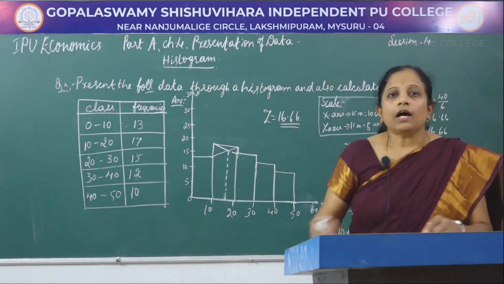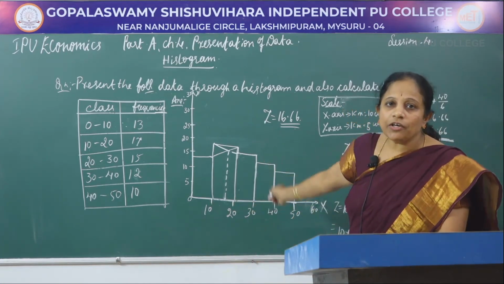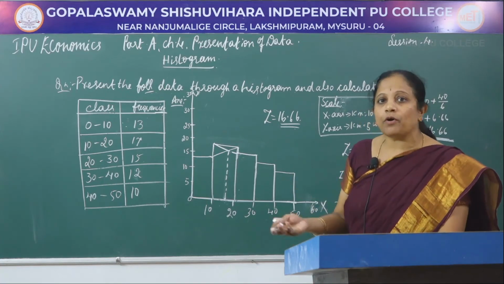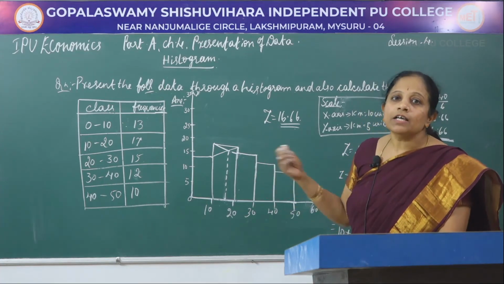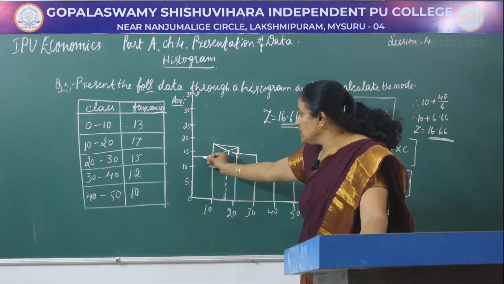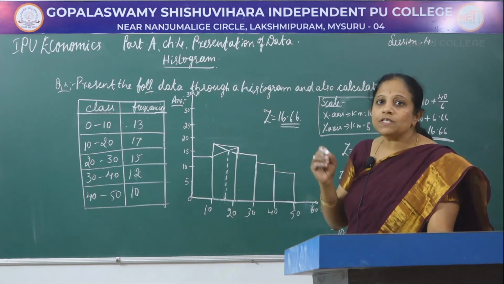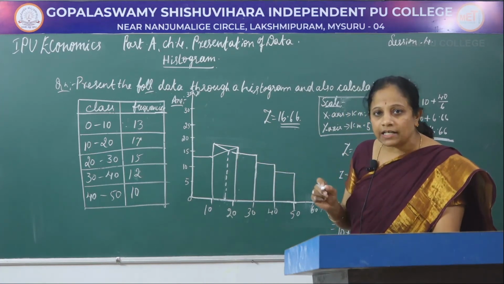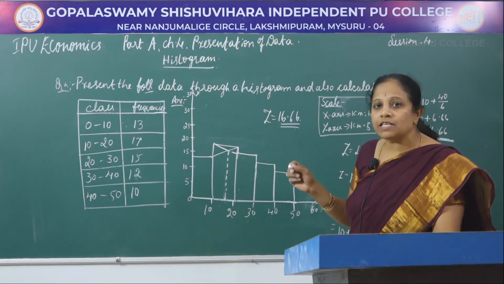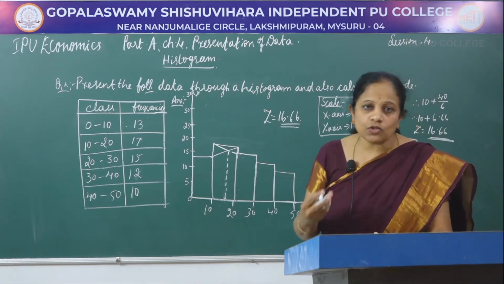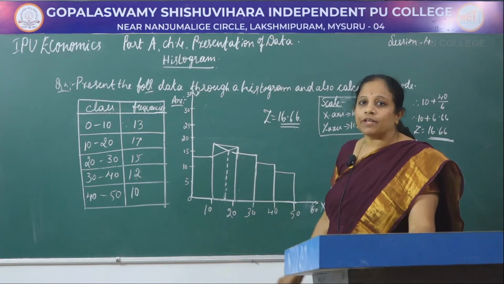So this is the form of a histogram that can be used to present the data in a graphical way. Now let us see about the drawing of a frequency polygon. Frequency polygon can be drawn on the histograms. So with these adjacent rectangles, by using the midpoints of these adjacent rectangles, we can mark the frequency polygon. The frequency polygon is a device used to display the cumulative frequencies.